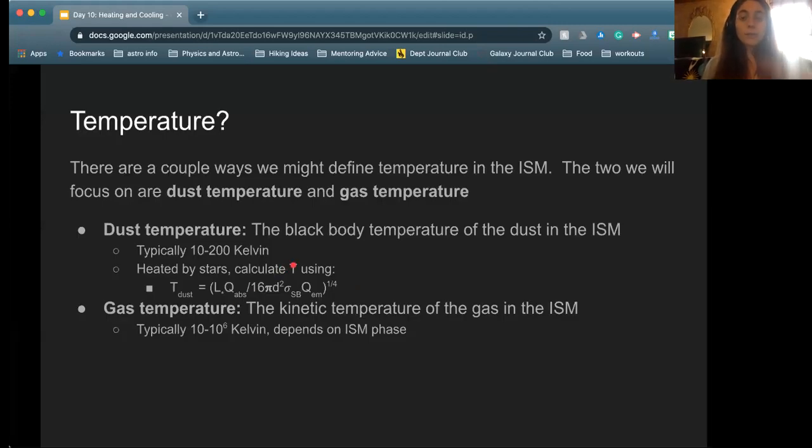So we're going to focus on 2 temperatures in the ISM. These are 2 distinct temperatures. It's not different between phases, it's different between the materials we are looking at. So we're going to think about a dust temperature and a gas temperature. The dust temperature is the temperature of a black body. Approximately, dust isn't quite a black body, but it's going to be pretty close to a black body temperature. This is going to typically be between 10 and 200 Kelvin, and we can calculate it using